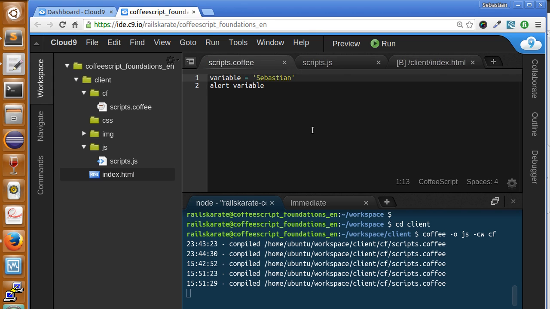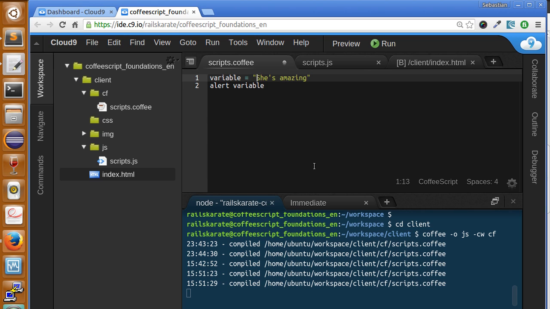But there is a problem with single quotes. What happens if I want to create this string? "She's amazing." You can see the text editor shows us that there is a problem here, because we use single quotes to open and close the string. So there is a syntax error here. The easy solution to this is, instead of single quotes, use double quotes. So in this case we're creating the string right,